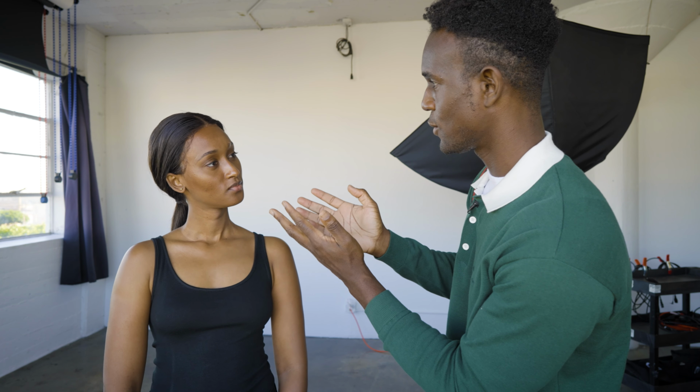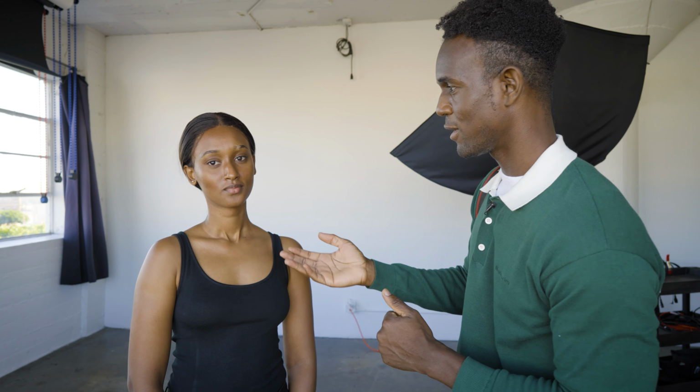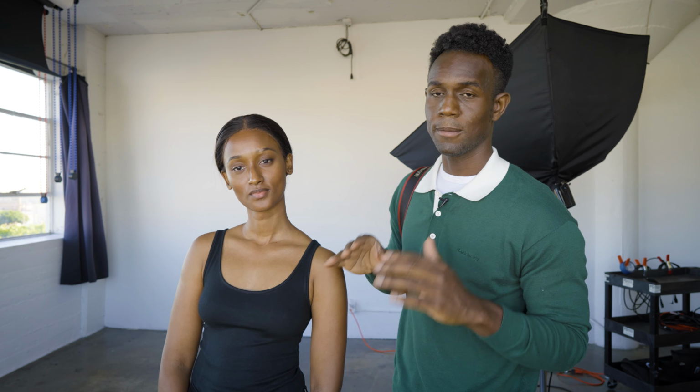Suadu, you're not wearing makeup, or if you are, it looks like you're not wearing anything. Are you wearing makeup, yes or no? No, I'm just wearing a little bit of foundation. Okay, so she has just a little bit of foundation. As you guys can see, it's very clean, very natural, not over the top, and that's how it should be